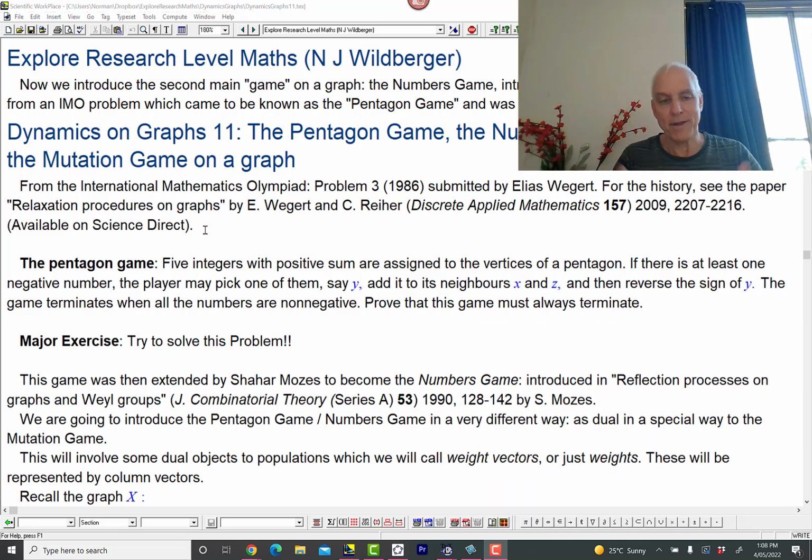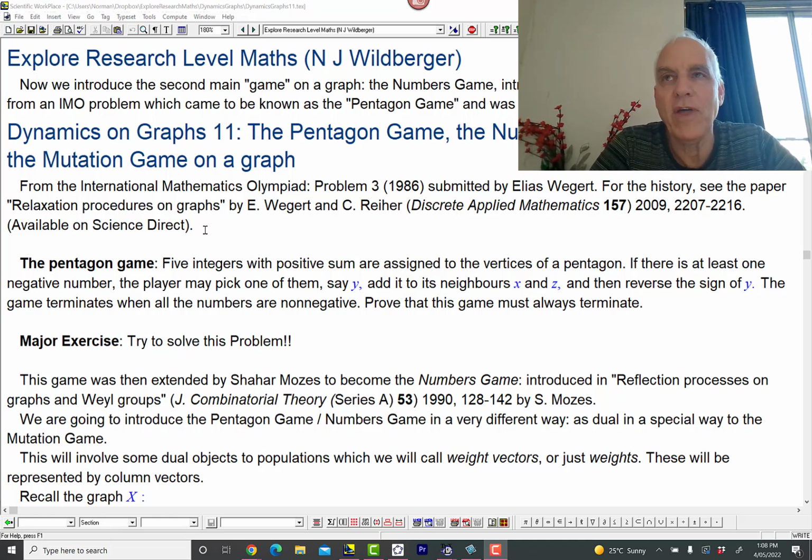So, a great exercise, challenging because International Mathematics Olympiad problems are challenging at best, and this is one of the harder ones. So it's well worth being modest about trying to solve it. But I think it's really great for you to think about it because it'll be a great introduction to this whole approach of the numbers game.